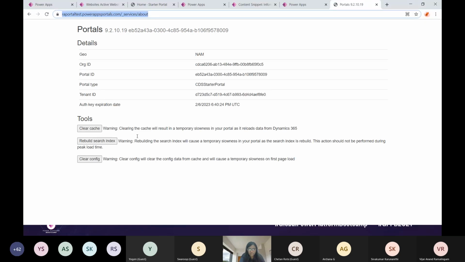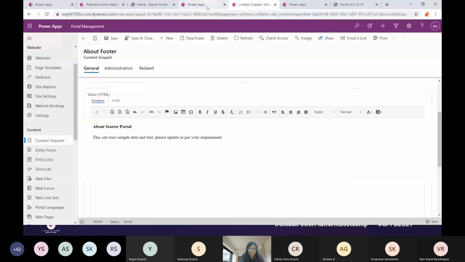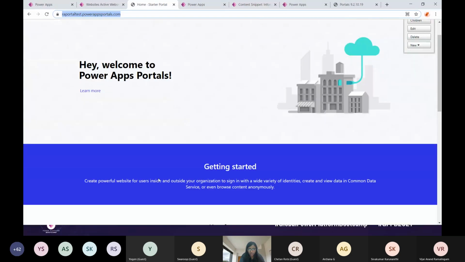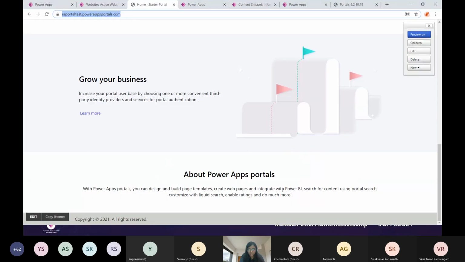So those kind of things are only restricted to administrators. If I clear the cache here, whatever changes I have made as part of these content snippets inside the portal management app, they will be reflected on my portal here. I have not made any changes right now, so it's not showing.